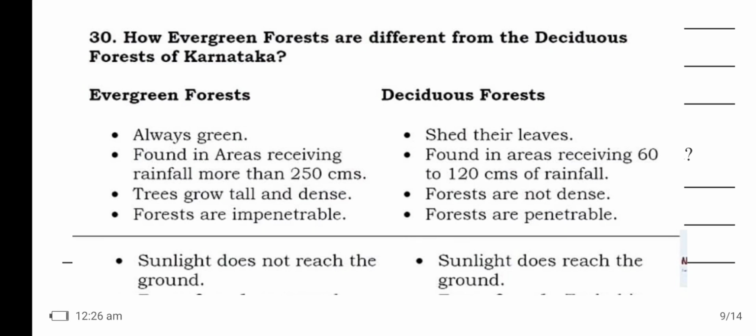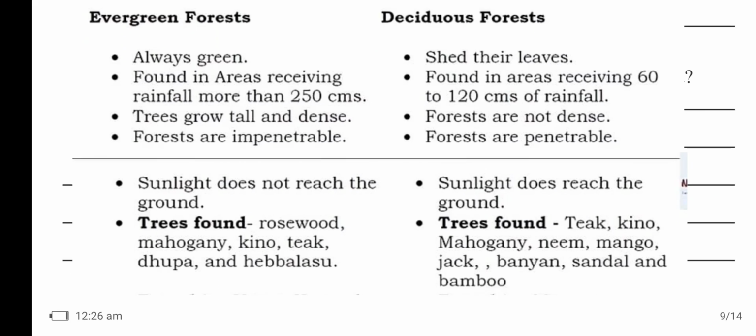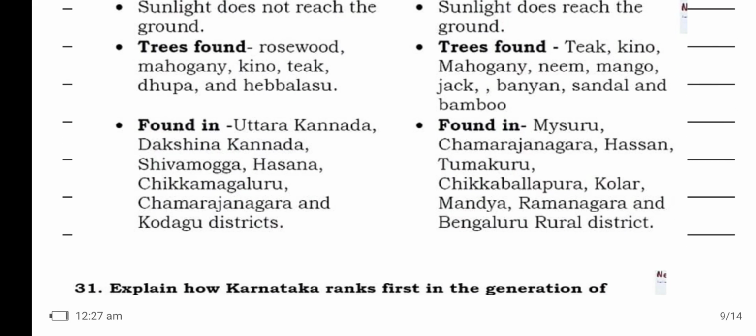How are evergreen forests different from the deciduous forests of Karnataka? Evergreen forest, so I'll read out all the evergreen forest points. Later we'll go to the deciduous forest. Always green, found in areas receiving rainfall of more than 200 centimeters. In evergreen forest, trees grow tall, dense and thick. Forests are impenetrable, so you can't move inside very freely. Sunlight does not reach the ground because it is so dense. Trees found are rosewood, mahogany, kino, teak, dhupa and hebbalasu, found in Uttara Kannada, Dakshina Kannada, Shivamogga, Hassan, Chikmagaluru, Chamarajanagara